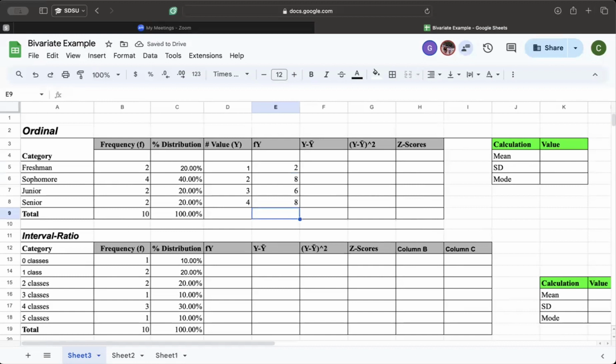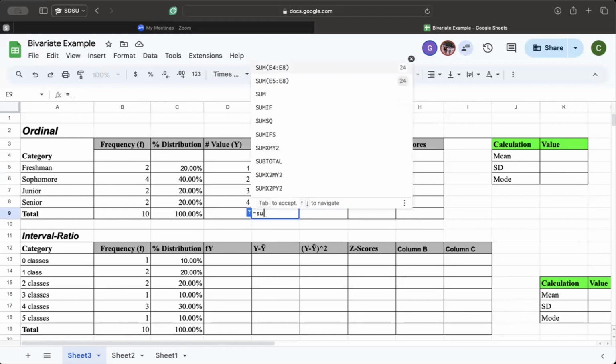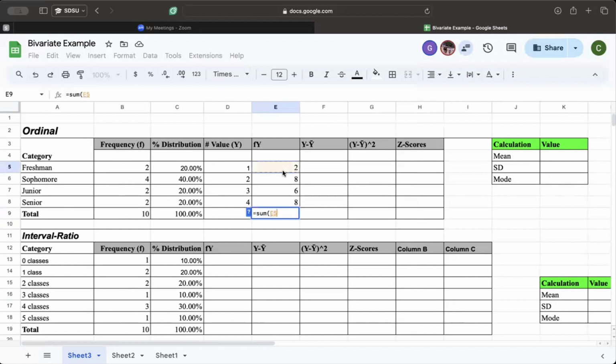Now, in order to get my mean category, I do need to add these all up. So you'll see I'm just going to click equals sum, open up my parentheses. All right. Now the formula, as you should remember, is the sum of f times y divided by n. In this case, your n is your total frequency. My sum of f times y is literally these all added together, which is where I got that. So my mean is going to be this value divided by my total frequency,